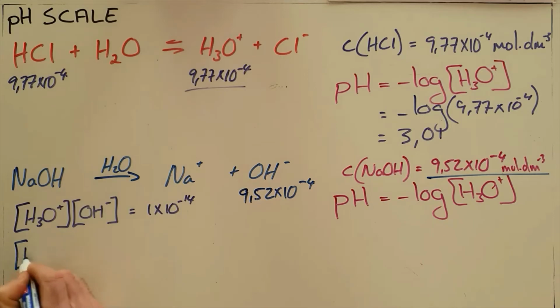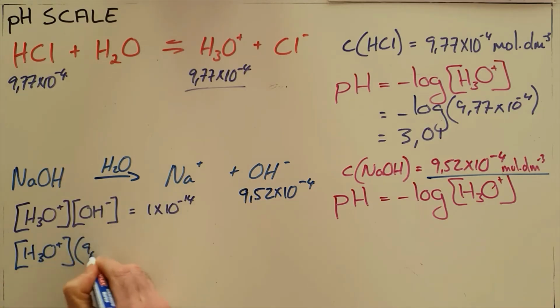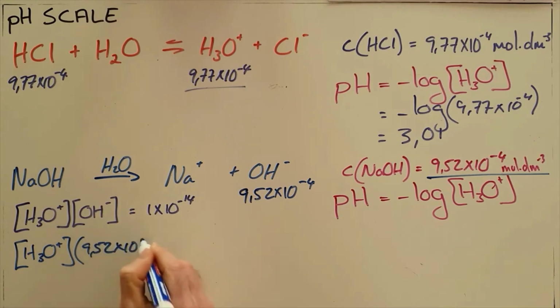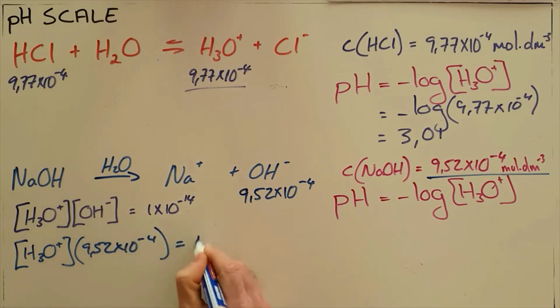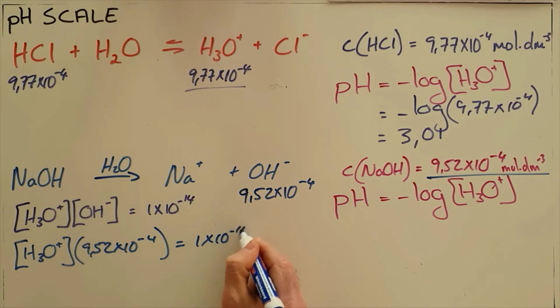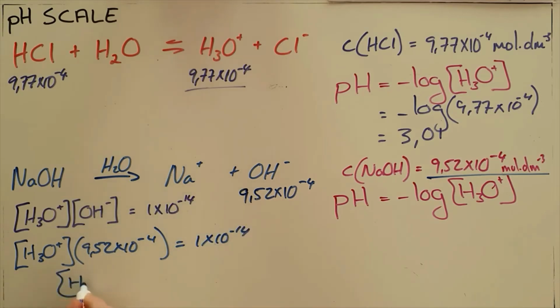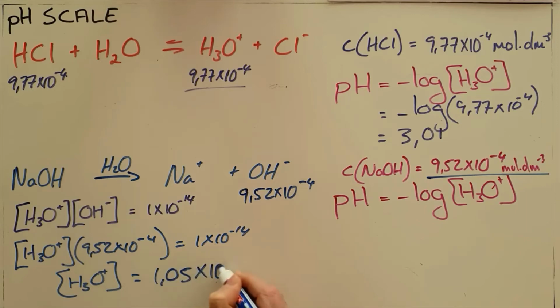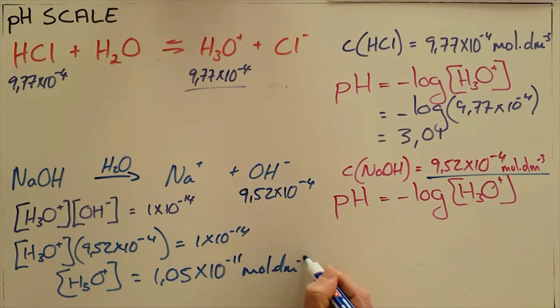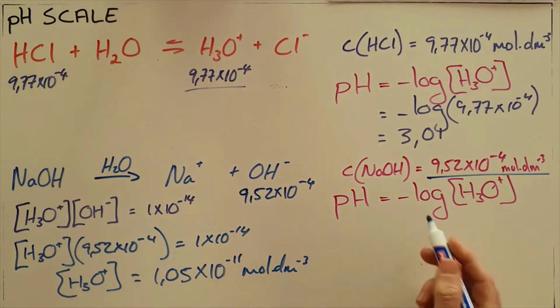So we can then substitute our hydroxide ion concentration in here, and solve to find the hydronium ion concentration in the solution, which we find to be 1.05 times 10 to the minus 11 moles per cubic decimeter,